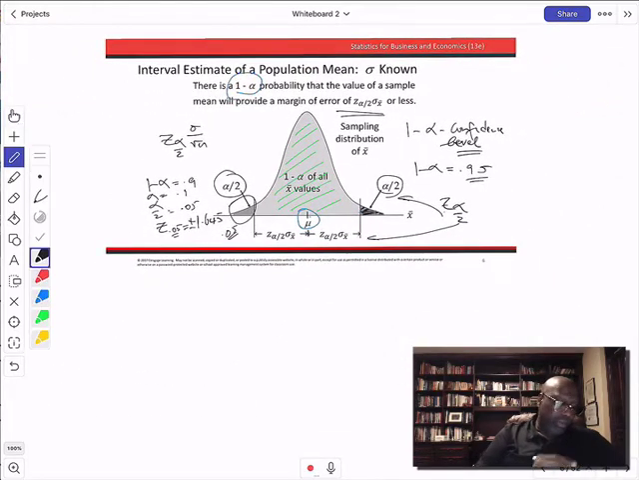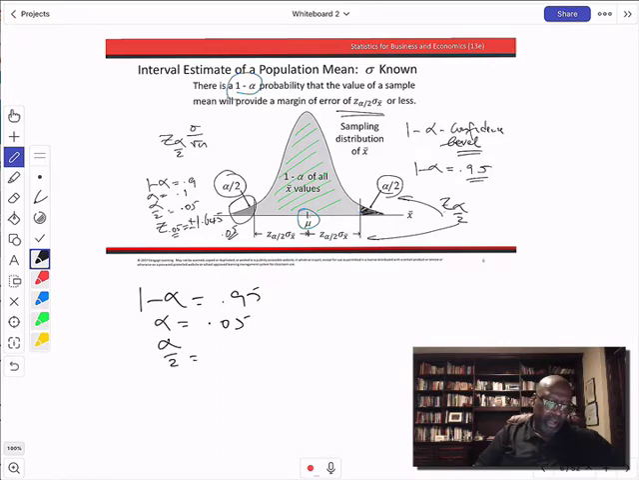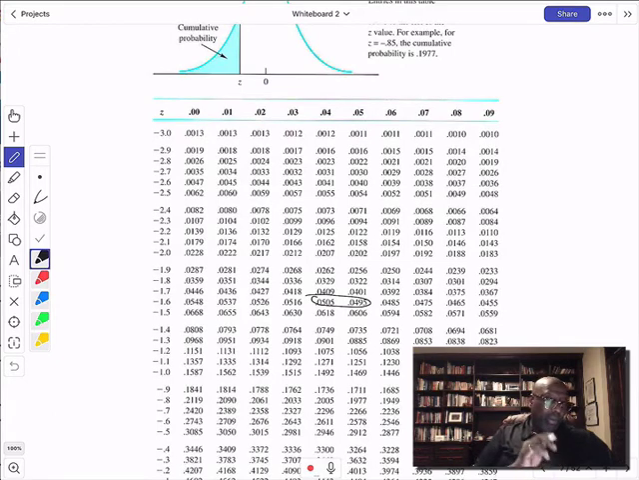So in that case, if 1 minus alpha is 95%, alpha is the remainder, 0.05, alpha over 2 is 0.025. So I'm looking for a Z value, Z of alpha over 2, at 0.025. Look that up. So if I go to the tail, now I want 0.025 in the tail. Let's see where we find that. We find it right here, which gives us